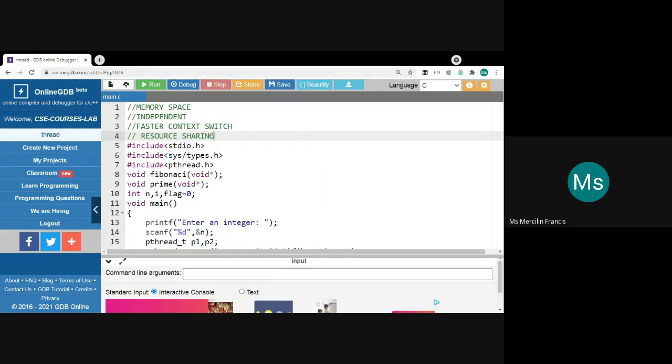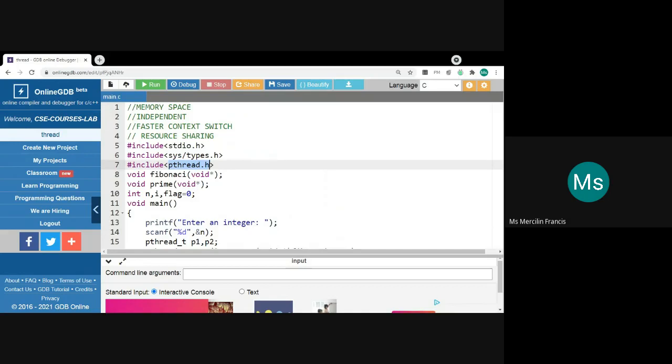If you are making use of threads, some inbuilt functions are available to create a thread and perform operations from creation till termination. Those functions are defined in pthread.h.